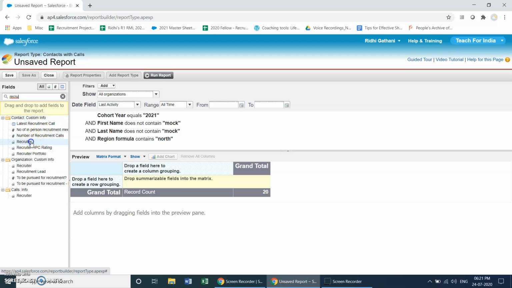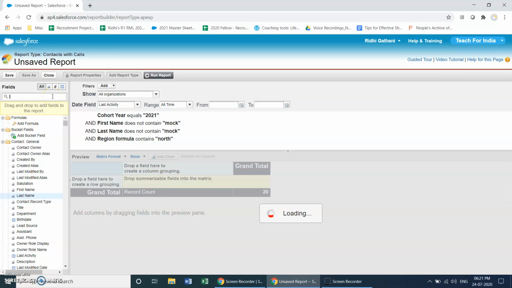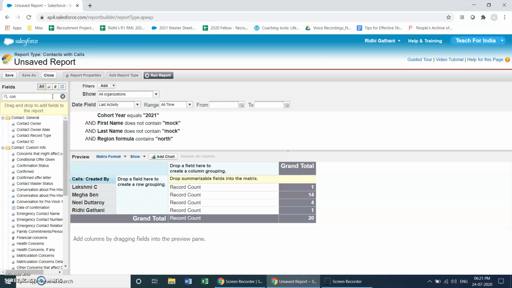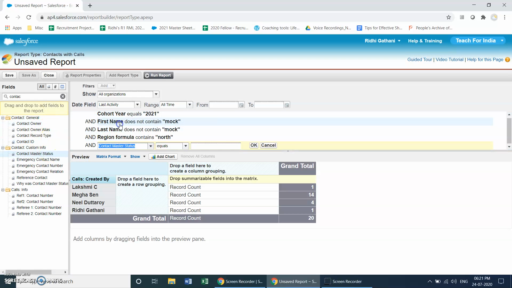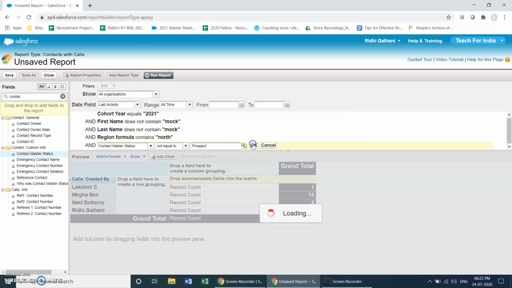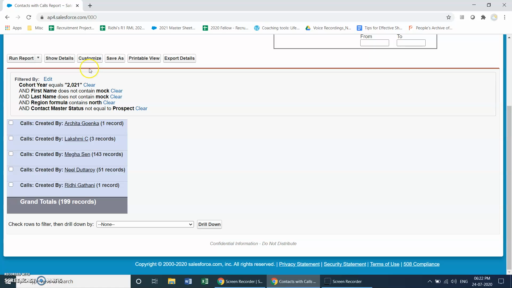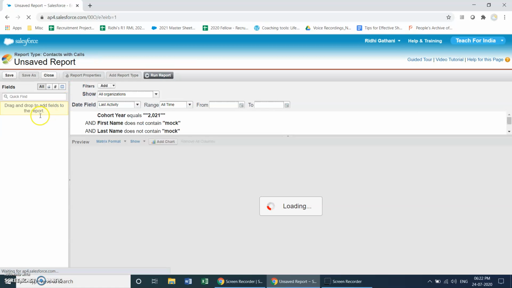So here you can either create a report by recruiter, or if there are multiple people making calls for you, you can actually create a report by calls created by.